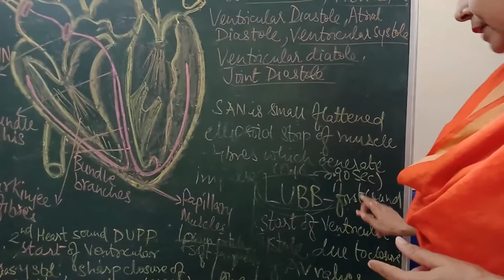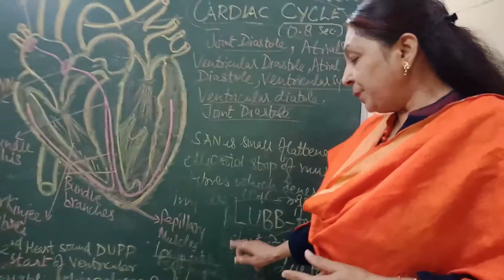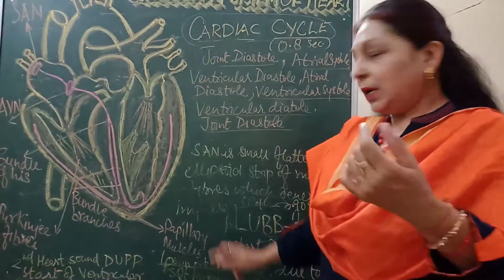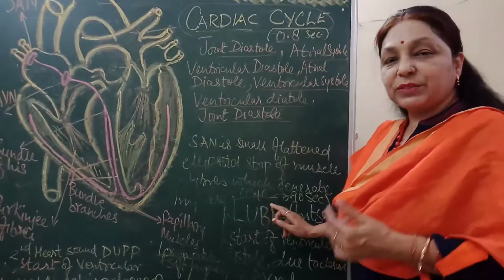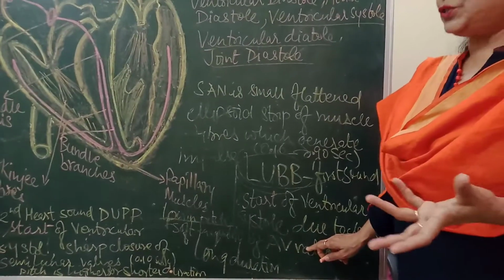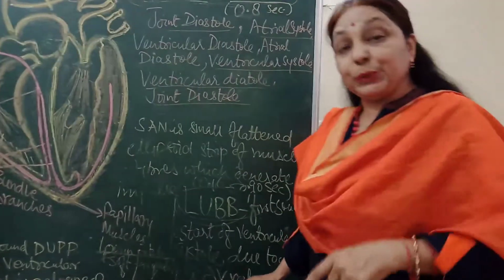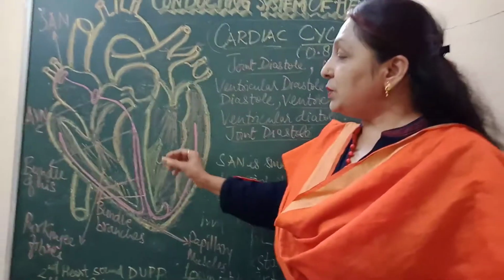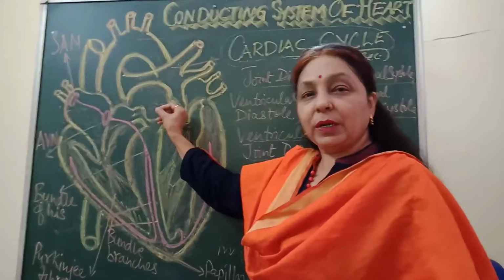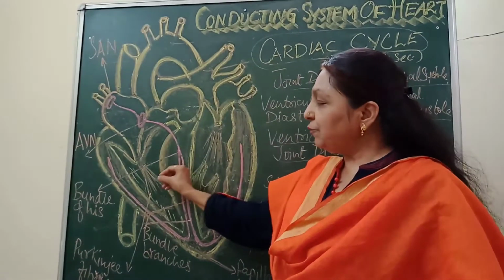This heartbeat is soft in quality and very low in pitch, and its duration is 0.16 to 0.90 second. So that means it is of a little longer duration. When is it produced? I told you, at the start of ventricular systole, and it is due to the closure of the AV valve. I just mentioned to you that when the auricles are getting filled up, not even 100% filling is completed, the valves open and start filling the ventricles,